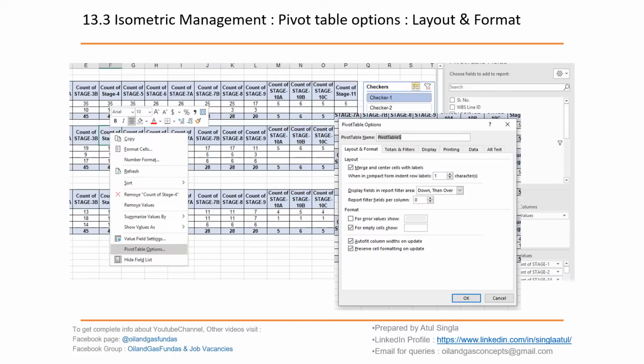So whatever format we have set will remain forever. Similarly, if you want to put something for blank cells, you can enter it here, maybe "result awaited" or "missing". Whatever we type here will be displayed. These two are very important features which we need to use while creating and using pivot tables.